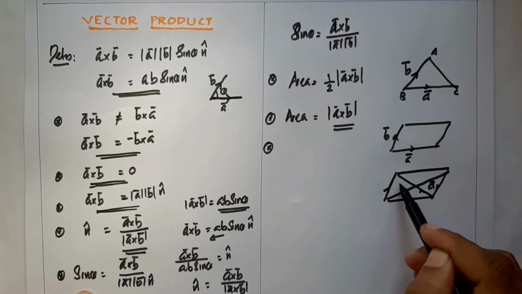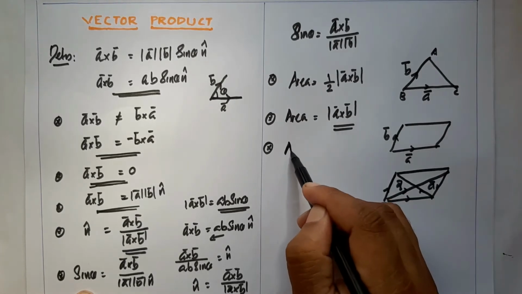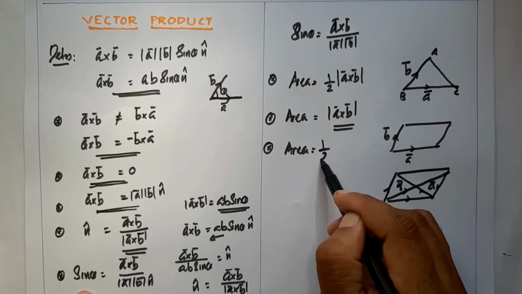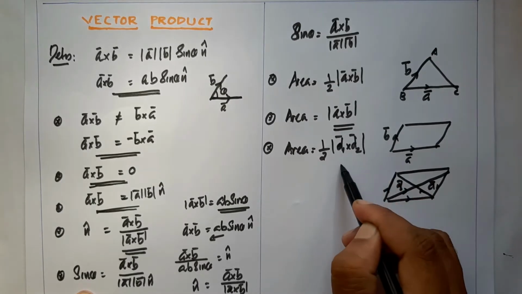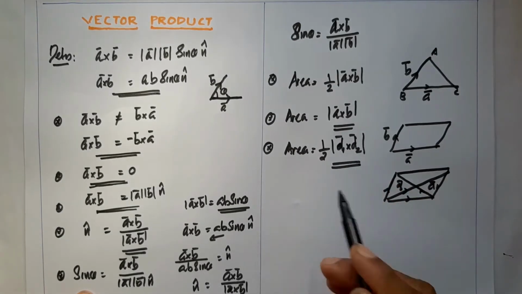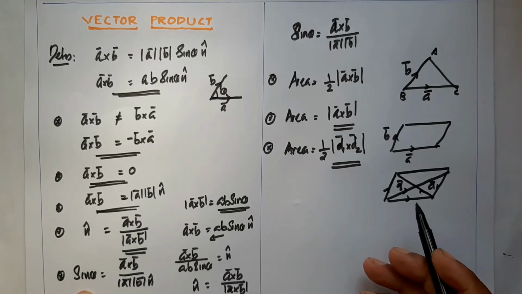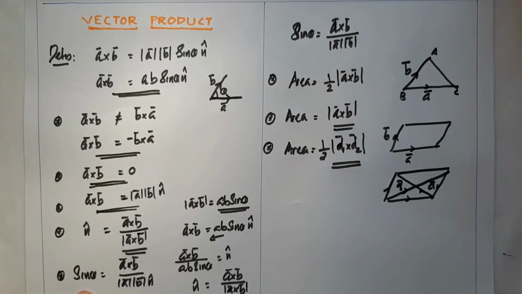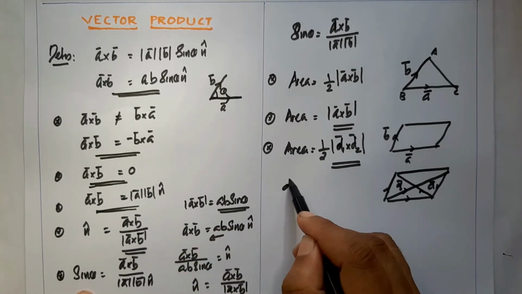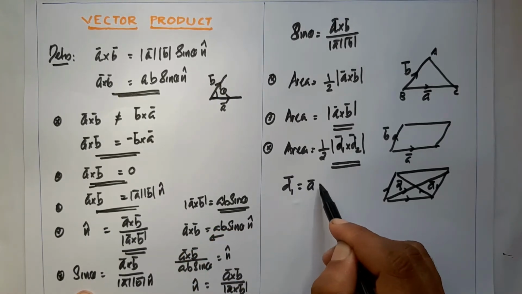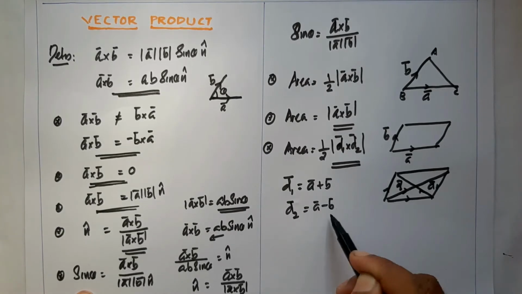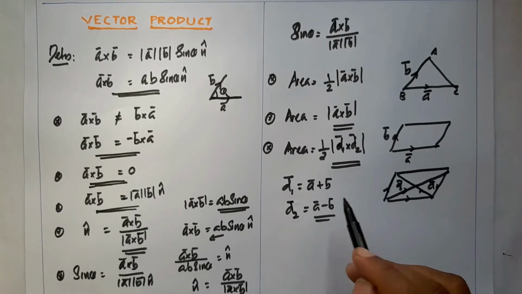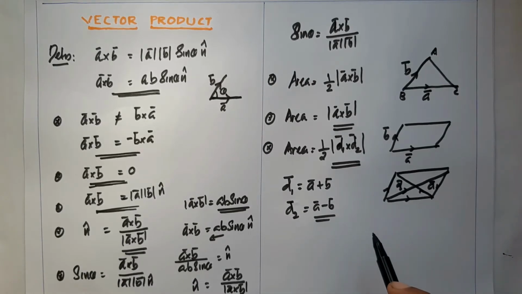first diagonal is D1 and second diagonal is D2. Then the area of the parallelogram is, formula is half into modulus of D1 cross D2. So suppose vector A and vector B are given, two sides are given. First of all we find the diagonals, hence find its area. Then vector D1 is equal to vector A plus vector B, and second diagonal vector D2 is equal to vector A minus vector B. The sum of adjacent sides gives the first diagonal and the difference gives the second diagonal D2. Then using this formula we get the answer.